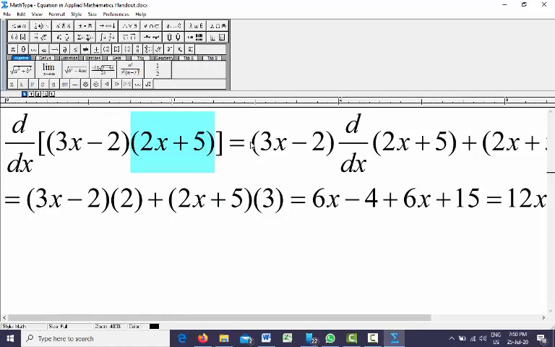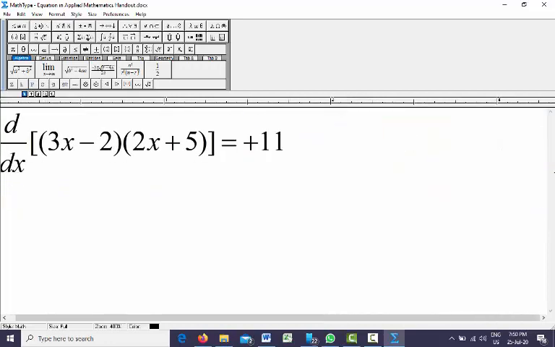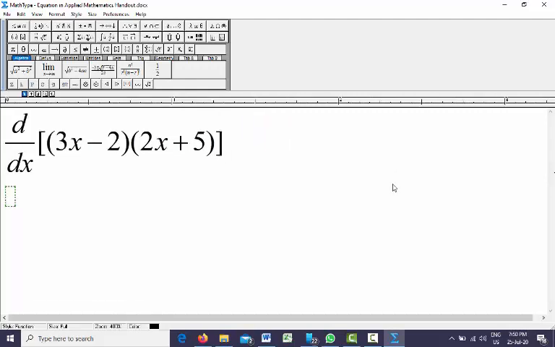We can do differentiation of this using two different ways. I'll show you how to solve this problem in two different ways. First of all, we do not have any power over this bracket. First you need to look whether you have a power over the bracket. No, we don't have any power over this bracket.